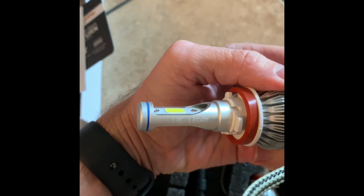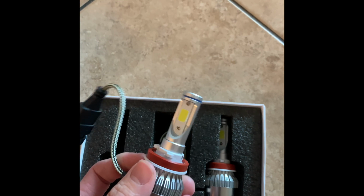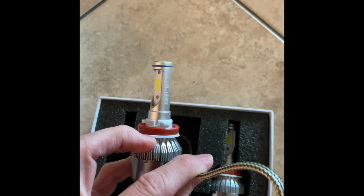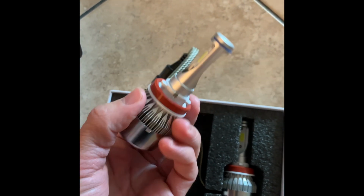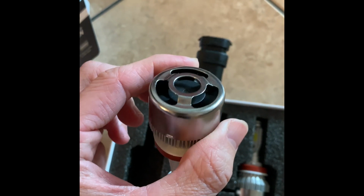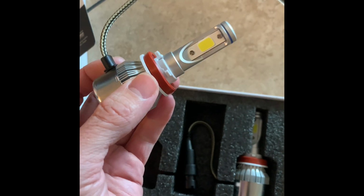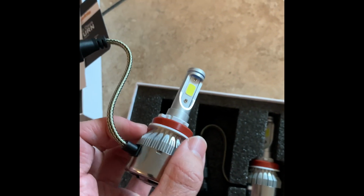And you know what, guys? For 30 bucks, it is not that bad. I looked at tons of reviews, and compared to others, I'm not trying to spend 150 bucks on a bulb when other reviews say that